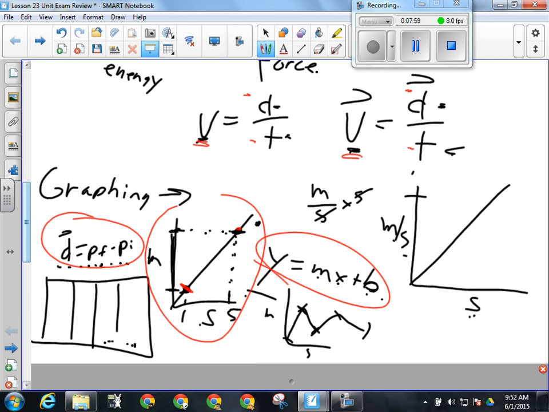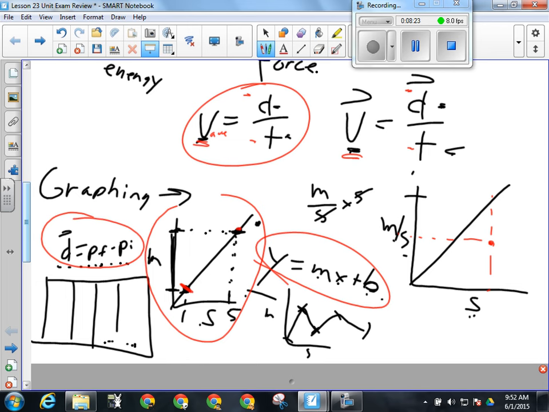Okay, I'm going to take the area of this triangle, that's the base times the height over 2, and remember that that means I'm using the average speed multiplied by the time, all right, which is exactly this formula right here. Okay, average speed is distance over time, so if I multiply the average speed times time, I'm getting the displacement. Okay, that's where that formula comes from.